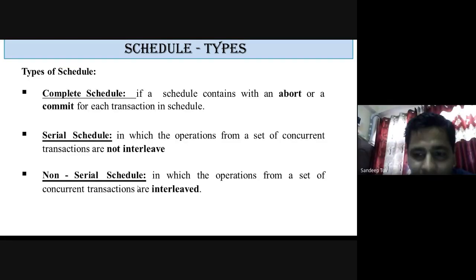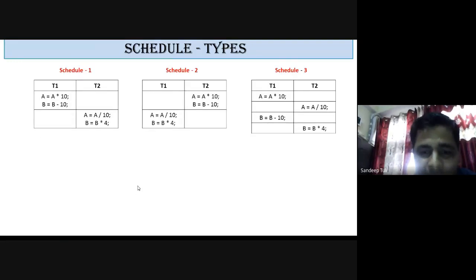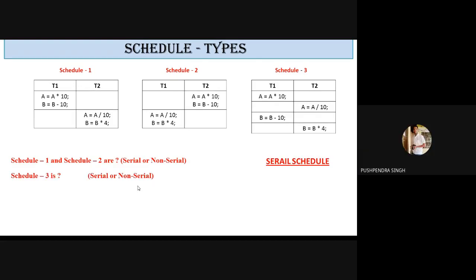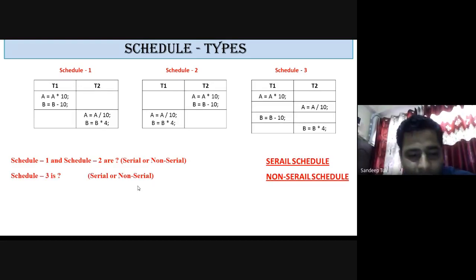In my definition also I have said that the operations that form concurrent transactions are not interleaved. It means one transaction is not starting till the other transaction completes, whether it is T1, T2 or T3. Suppose there were a T4 here also, we would still say the same: whether it is T2 or T1, one has to complete first and only then the other will start.